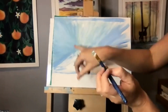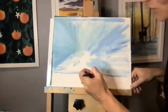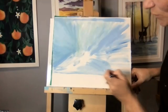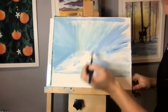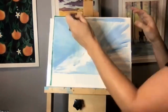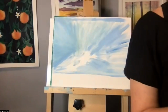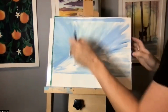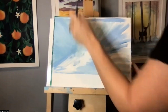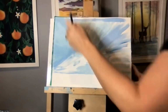Now you don't have to fill this all in right here if you don't want to, but I want to make sure that most of this is filled in because we don't know where our cloud exactly is going to be yet. I know it's going to be in this area and it's going to take over, but have fun with this starburst effect of filling in the sky. And we'll bring in more lightness together, but have some fun filling this in with